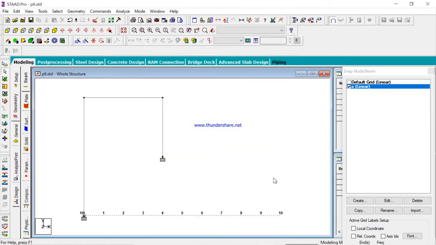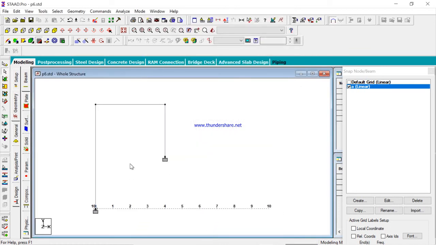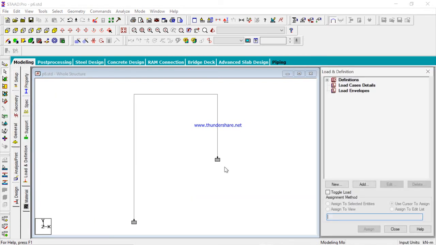Now the last step is assignment of the loads. For assignment of the load, go to the general, go to load and definitions.